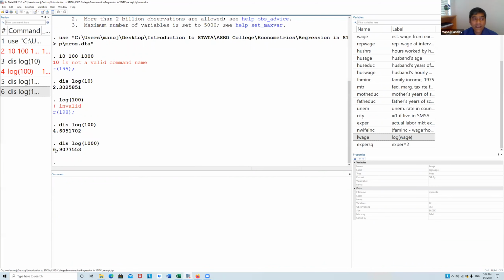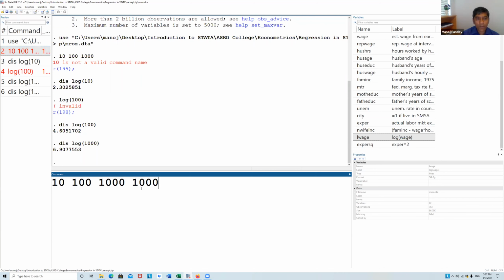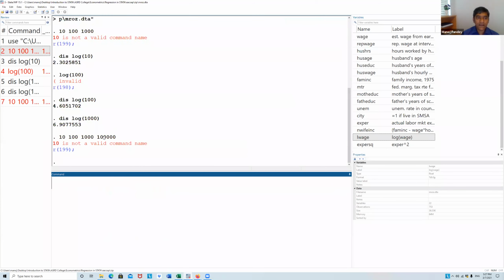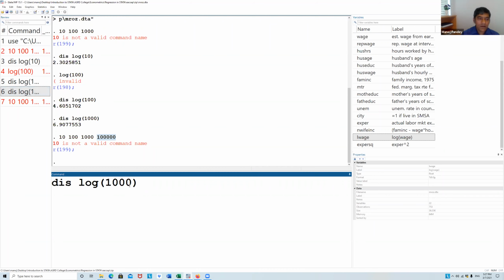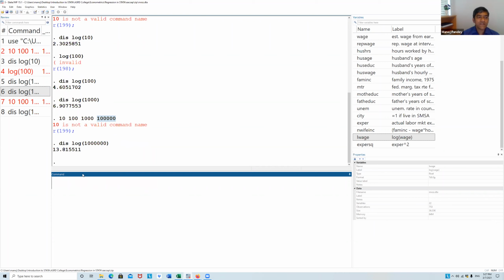The other thing is that when you take log, sometimes the data becomes more normal than the original. Here also, if you look into this data, this is an outlier, right? Clearly, this is 10, 100, 1000, 100,000. 100,000 is clearly an outlier. But if you take the log of 100,000, then it is just 13.